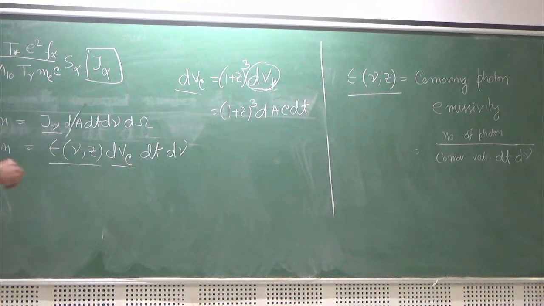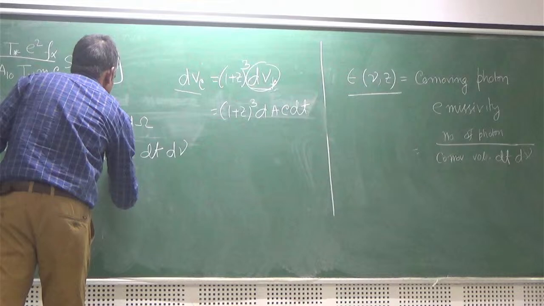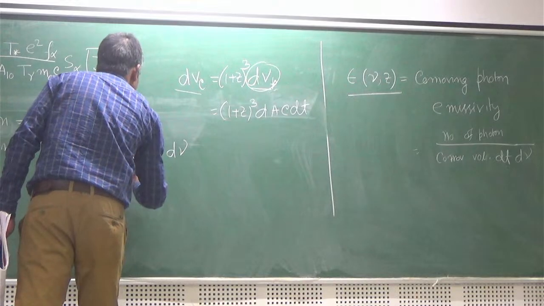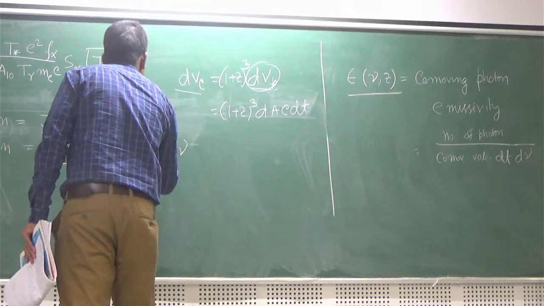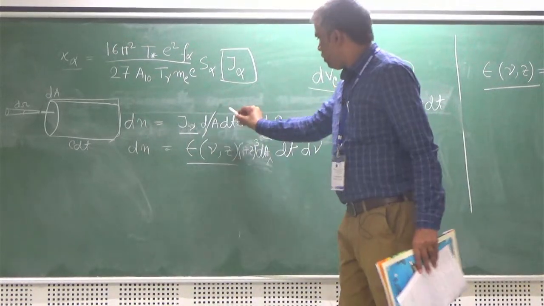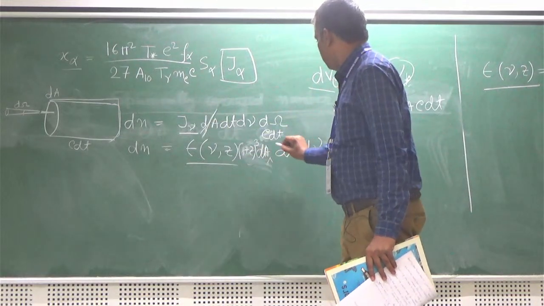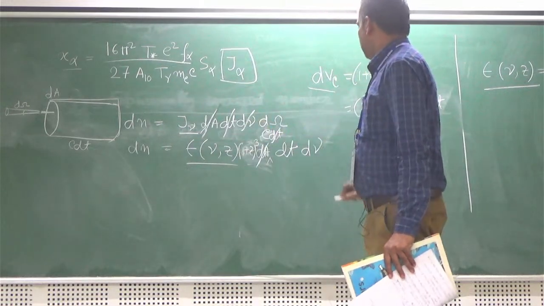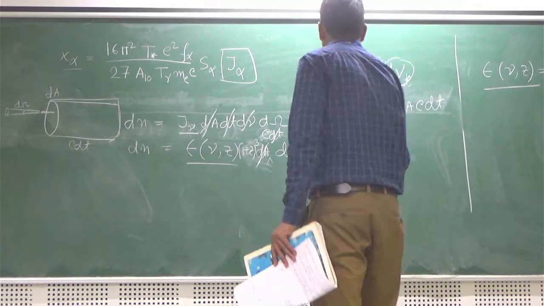So if I put it here, we get 1 plus z cube dA, and then you will have one more c dt, right? So if I equate these two things, we can cancel this term dA dt d omega d nu. So what is left is essentially J nu